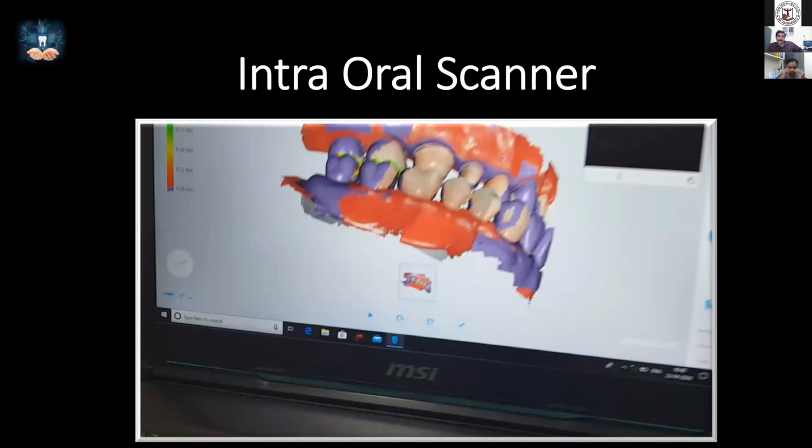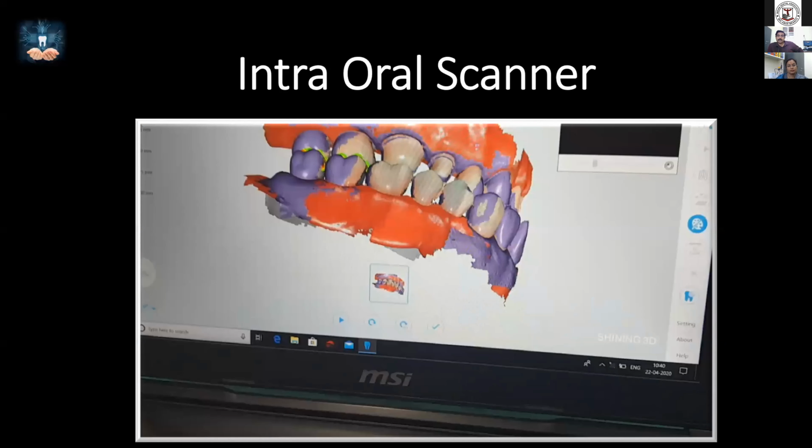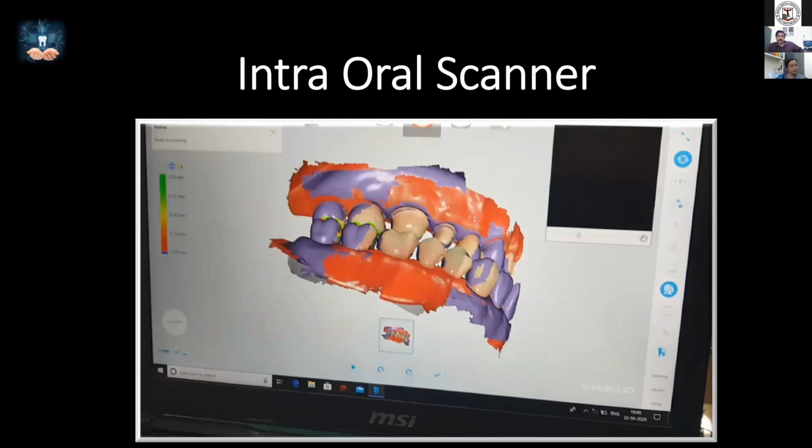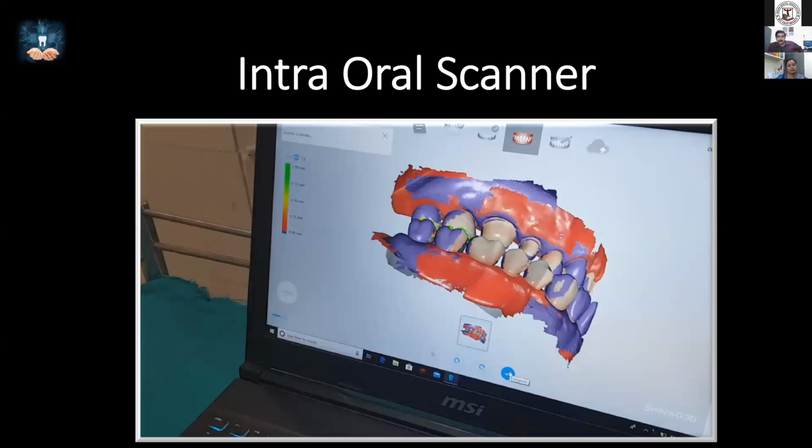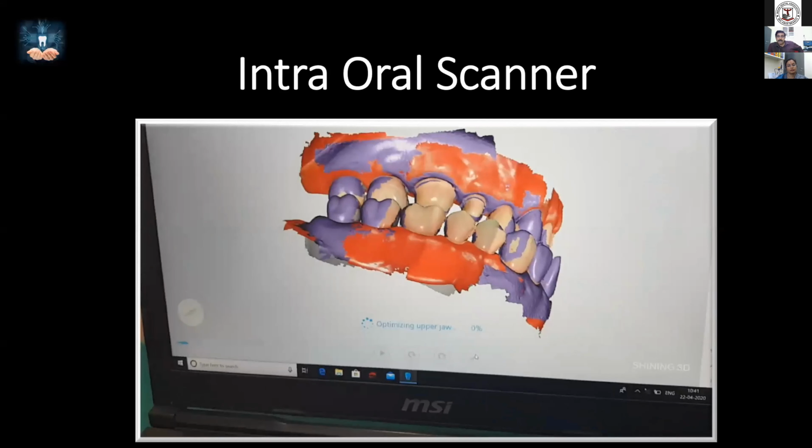Now the software is analyzing the occlusion. Analyzing is completed.